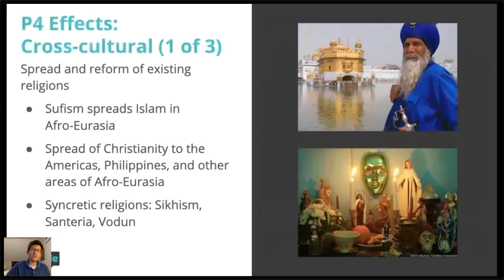We're going to see a continued spread of religion and even the reform of existing religions. As Islam continues to spread in the Indian Ocean in this time period, I know we've been talking about Europe so much, it's a hard shift to talk about Islam. We see the spread of Islam, especially through Sufism, which is kind of a branch or an offshoot of Islam. If you don't know what that word means, highlight it, go and look it up later. We don't have time necessarily to talk about it right now. But it helps to spread Islam in Afro-Eurasia, Sub-Saharan Africa, especially India, even as far away as Southeast Asia.